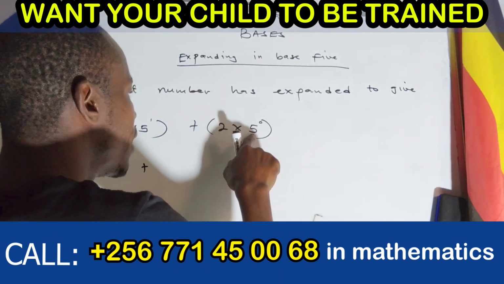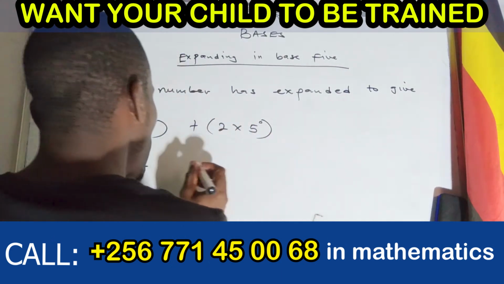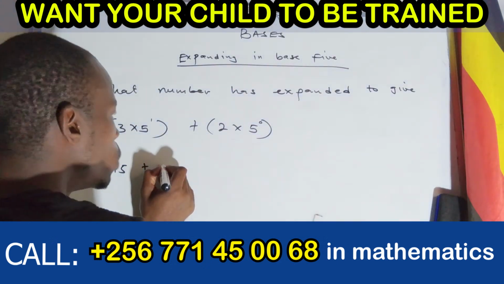You don't multiply by 5. You multiply 2 times 1, you get 2. So you got 15 plus 2 times 1, you get 2. So this is 17. Now here,